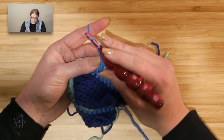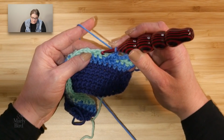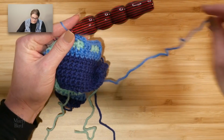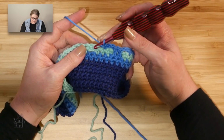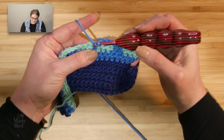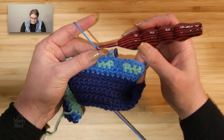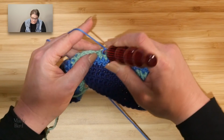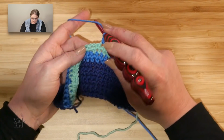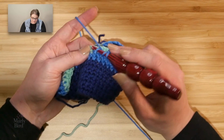Now I have to chain 2, and I have to skip 1 stitch, so I will skip this stitch right here. I will single crochet in the next 2, so there's 1 and 2. I'm doing my chains again, so I'm going to have to double crochet down here into this skip stitch. And then what do I do here? This is a chain 2, skip a stitch, single into the next 2 stitches. There's 1 and 2. Then I chain 2, skip a stitch, double down here into that skipped stitch,